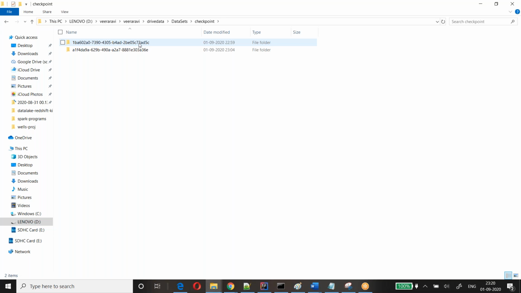Only one question. In case of cache, how can we know the data size? Suppose, is there any limit, like only 10 GB we can cache, or probably 18 GB, something like that? No, man, it is nothing like that. See, you will be knowing your cluster details, right?